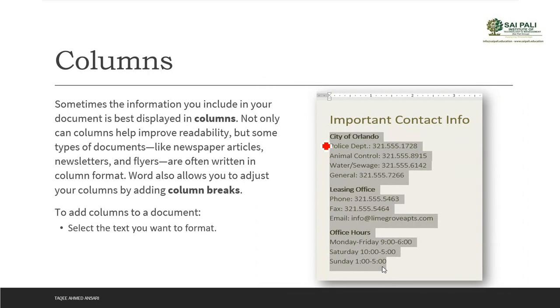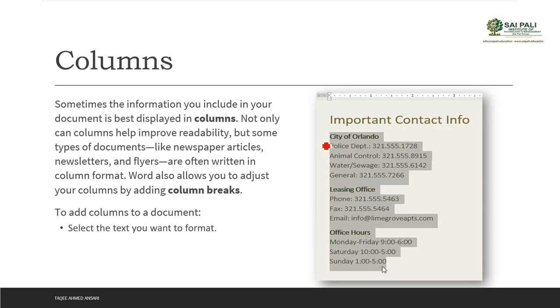Now next thing is columns. Columns are to make your document look a different way, displayed in columns. That means you want to format your text to look like separate columns. Mostly in newspapers, if you have seen news articles, they use this column feature to make their text divided into columns. So they have this kind of different formatting. Now if you want, you can also add these columns in your document.